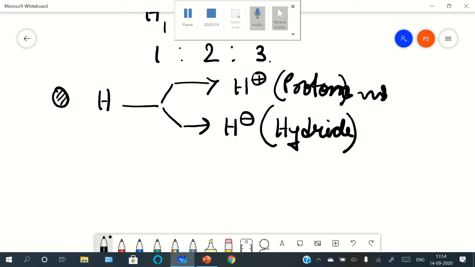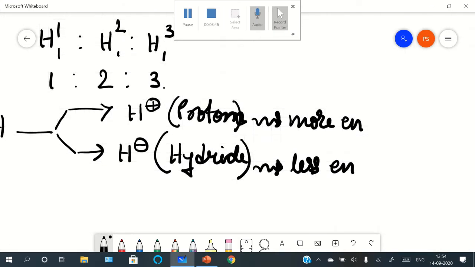When hydrogen is attached with a more electronegative element, it forms the compound in the form of proton H plus. When it is attached with a less electronegative element, it combines in the form of hydride H minus. For example,